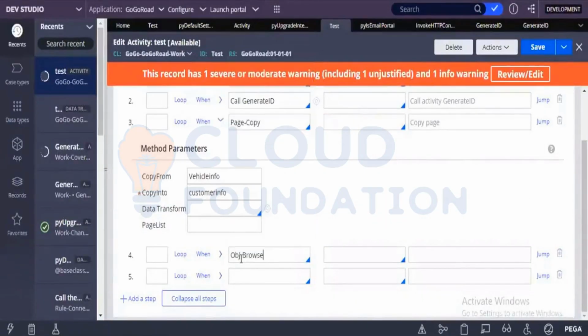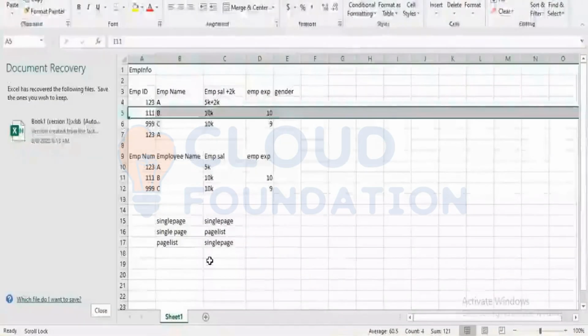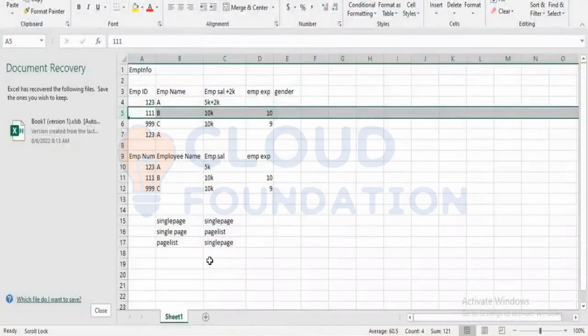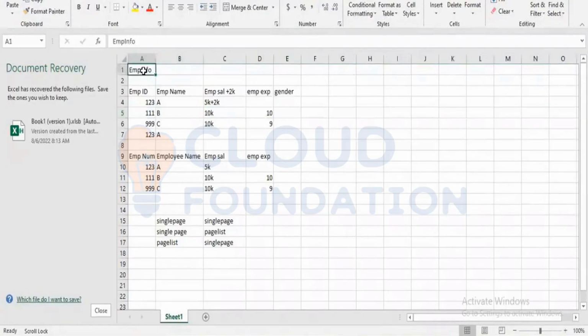What is an obj browse? See, if you want to fetch multiple records from a database, like employee info, we'll take this example because we have this already written. Suppose this is a table, employee info is one database table. Now, if you want to fetch employees who have salary greater than 2K, how will you fetch the data based on this column? Based on the employee salary column, you need to fetch